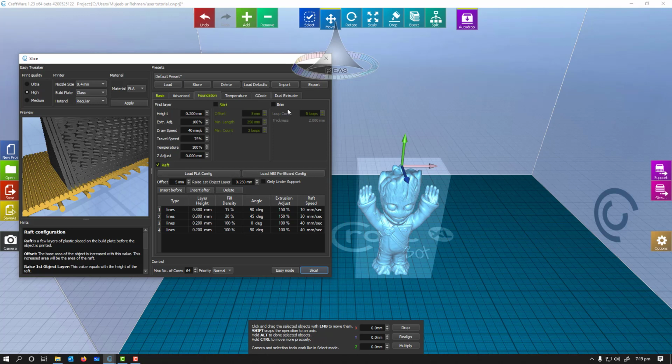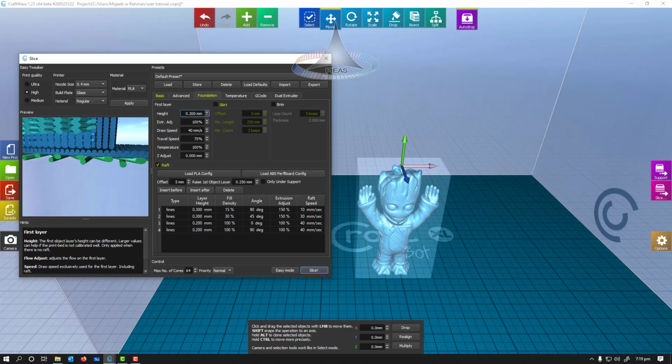Next thing is first layer height. Remember that first layer height is very important because it will adhere to the bed of the printer, and if it doesn't adhere well, the part is going to warp and it will just come off during printing. So first layer height is 0.2.